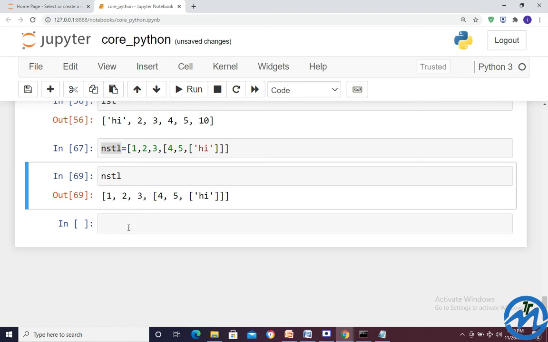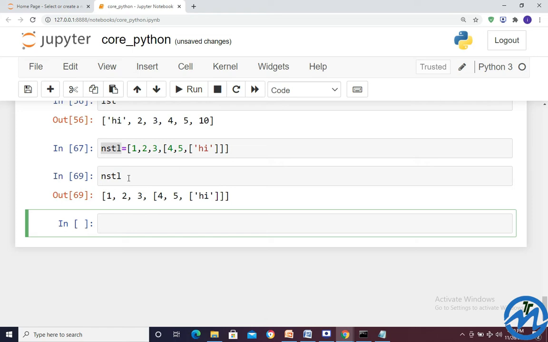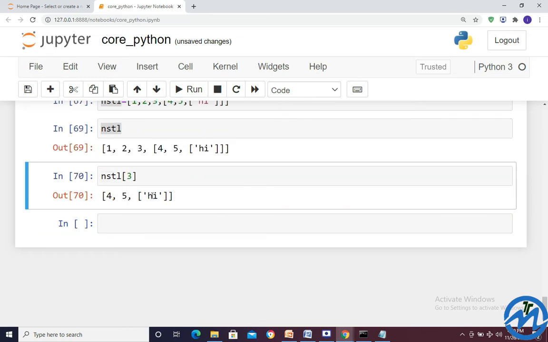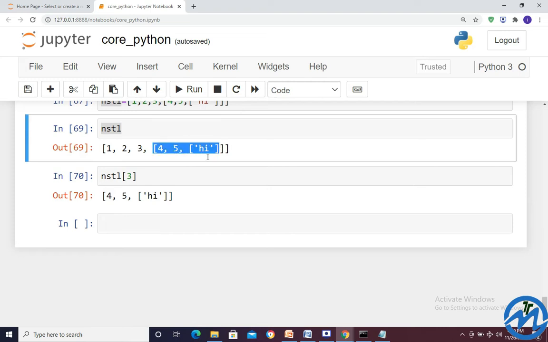Now what I wanted to do here, I just wanted to give NSTL of 3, and we got 4, 5, 3. NSTL of 3 we got. What is the meaning of getting 3? That means from the third position we are getting the entire data. What exactly is the 3 list? This is the list, started from here and ended here.